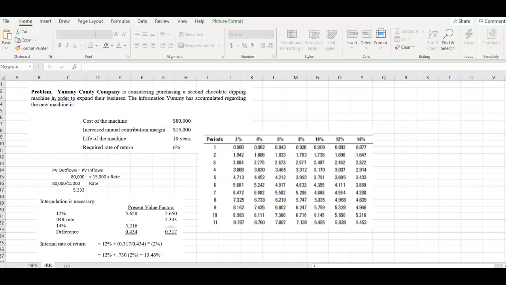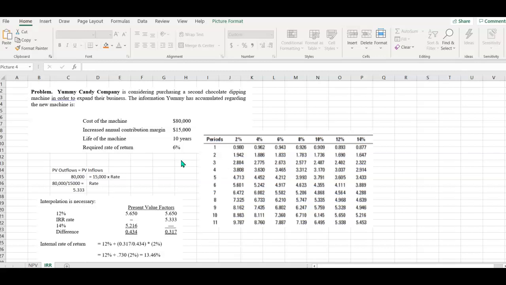Okay, this is a demonstration problem for the internal rate of return, and we've got all the same assumptions here. Our machine costs $80,000. It's going to return $15,000 a year for 10 years, and the required rate of return is 6%, which really doesn't matter so much for internal rate of return. If this was a hurdle rate, if it had to be above that to be accepted, then that's